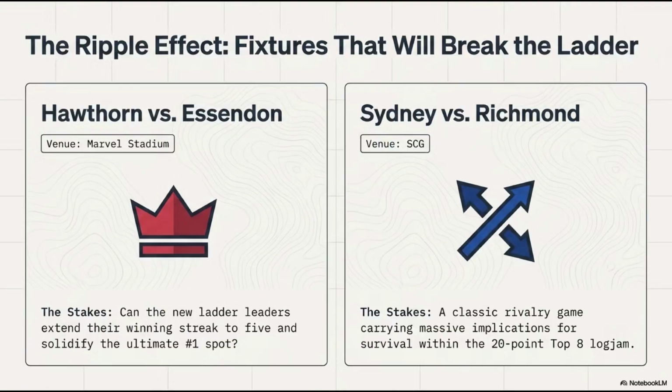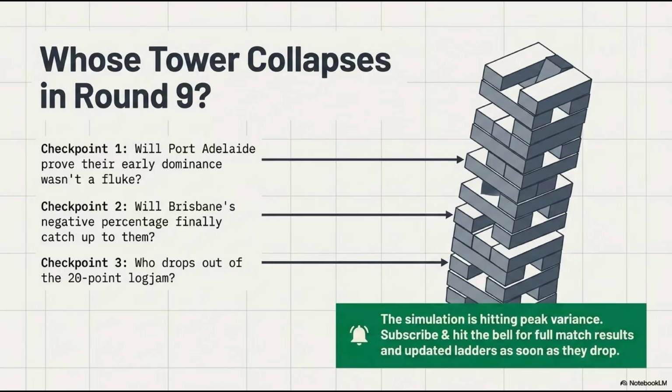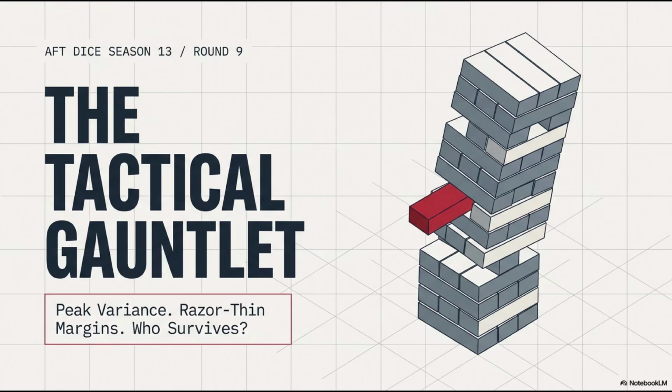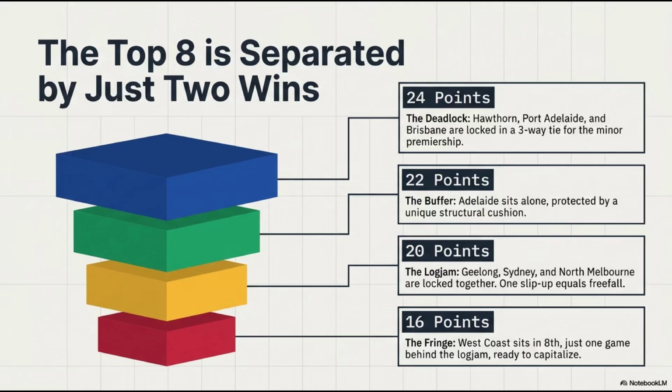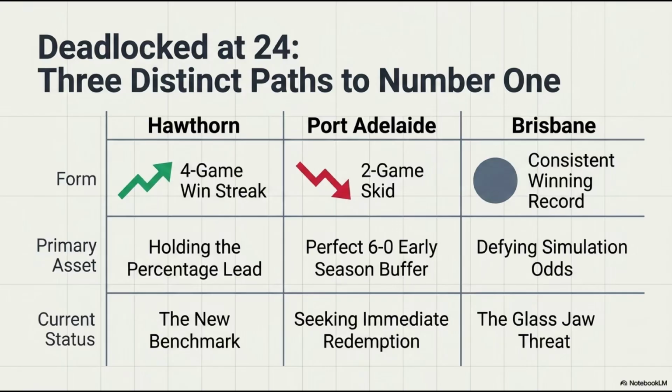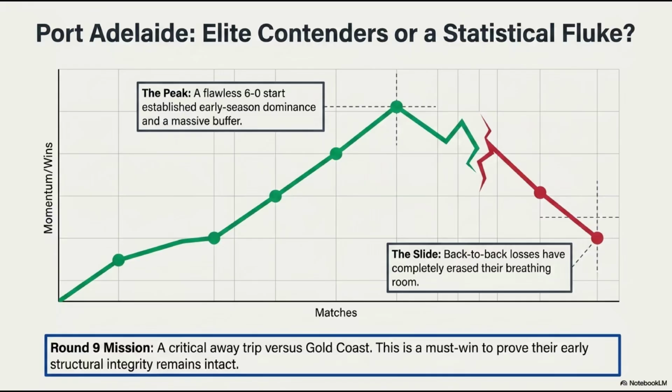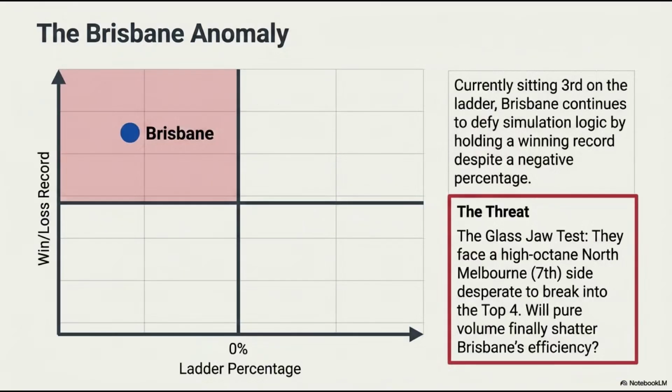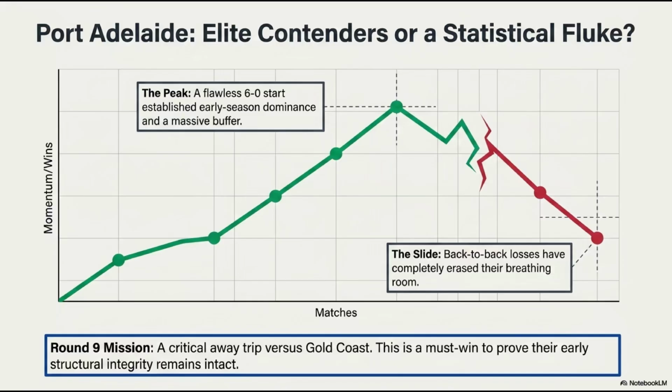Yeah. So Hawthorn's current 4-game streak suggests their underlying formula is clicking right now, right? They're playing to their statistical strengths. But Port Adelaide's sudden instability suggests something entirely different. Like what? It suggests that their initial 6-0 run might not have actually been built on a sustainable foundation. See, I'm kind of struggling to make the math work on that theory because I look at it like a marathon runner, right? If a runner sprints the first 6 miles at world record pace and then they suddenly hit the wall at mile 7, you don't look at those first 6 miles and say they were an accident. You just say the runner burned out. Right, that makes sense intuitively.